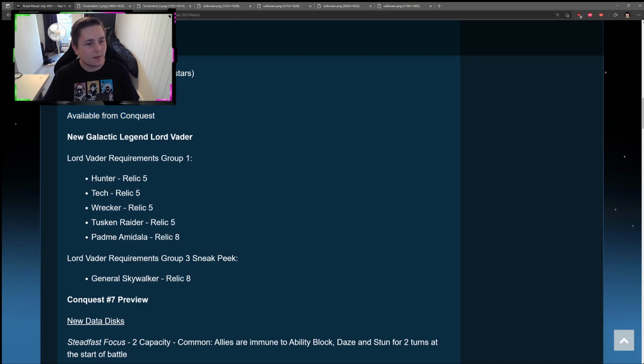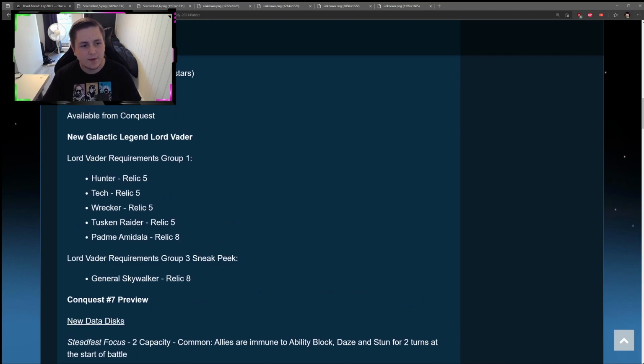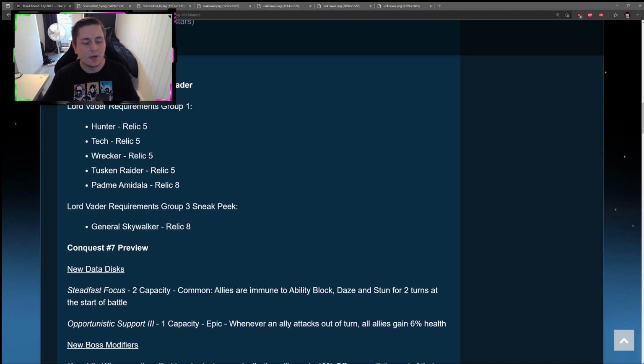So he's a conquest character, so you need 3 conquests to get him to 7-star. Complete the box on the next conquest, and buy his shots 4 times from the scavenger, and then you should have him 7-star and unlocked by the time the 3rd conquest is over. So we got the new Galactic Legends Lord Vader, which is going to be the counterpart to